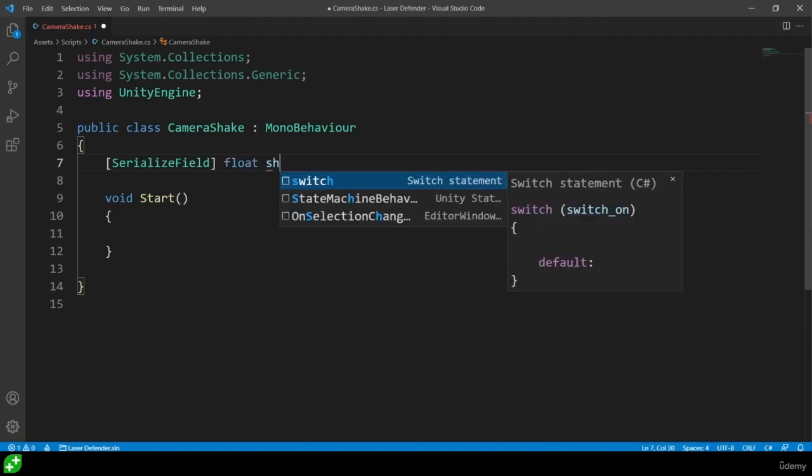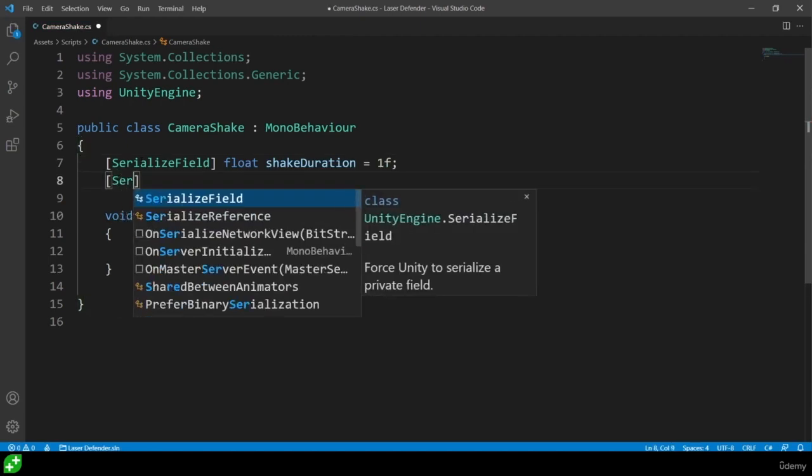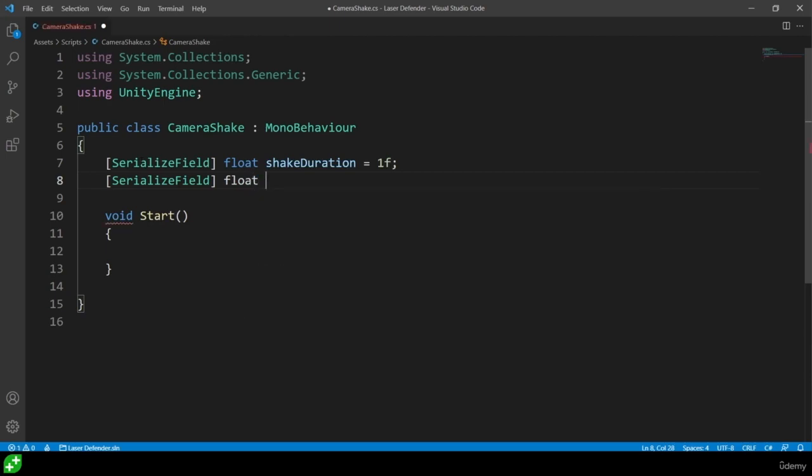The first one is going to be the shake duration. So how long is the effect going to last? And we can default that to maybe 1 second for now. And the second is going to be of type float, and we're going to call it the shake magnitude. So how far is the camera going to move? And again, by default, we'll set this at 0.5,